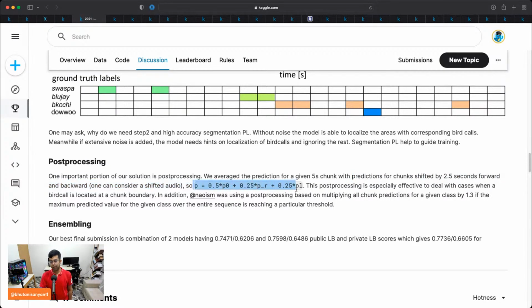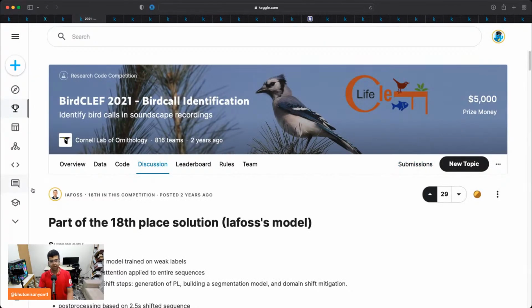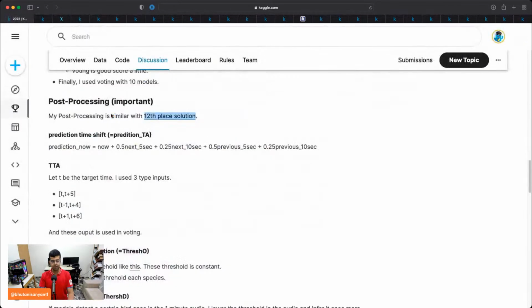Oh, so this makes sense. So they had done this sort of test time augmentation, if I may. It's not really test time augmentation, but I don't know what to label it. So they were making sure the model was predicting on this sliding window, looks like. This post processing is especially effective to deal with cases when a bird call is located at a boundary. So that's why the sliding window, as I call it, makes sense here. That's really cool to see. This is such a cool trick. Thanks, IFOs. Going back to the discussion we were at,